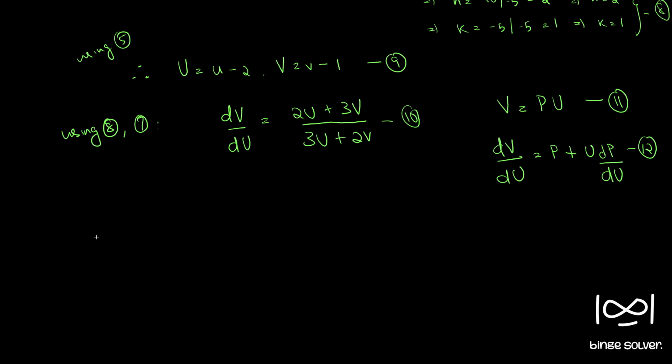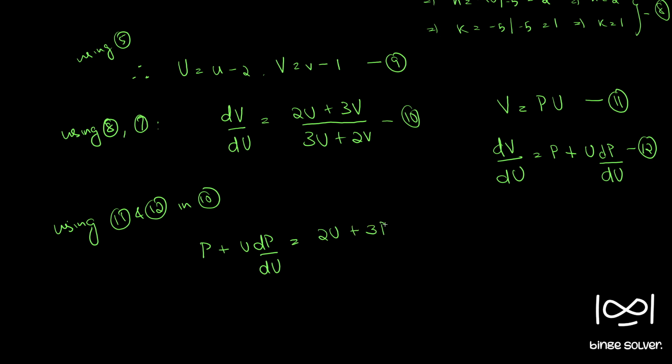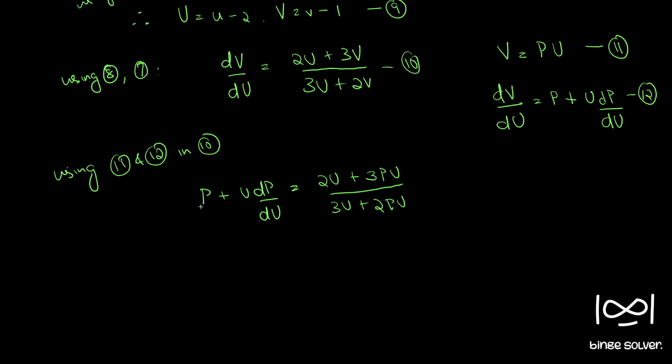Now using 11 and 12 in 10, we have dv by du is p plus u dp by du is equal to 2u plus 3pu by 3u plus 2pu. So cancelling out u and bringing p to the RHS, we have